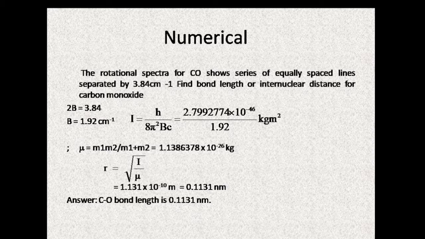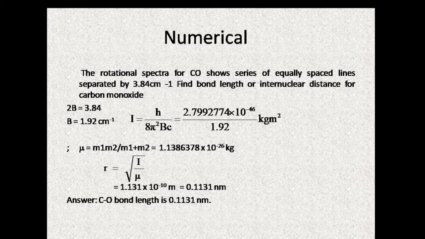And from where do we get mu? As you know, mu is reduced mass. Its value is m1 m2 divided by m1 plus m2. For the carbon monoxide molecule, the atomic mass of carbon is 12, whereas the atomic mass of oxygen is 16. Now you know m1 and m2. So put these values, what do you get? Reduced mass, that is mu. So mu is equal to m1 m2 divided by m1 plus m2. Put these values, you can calculate the value of mu.